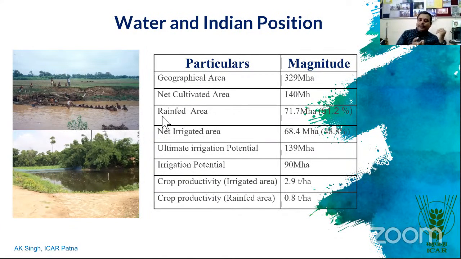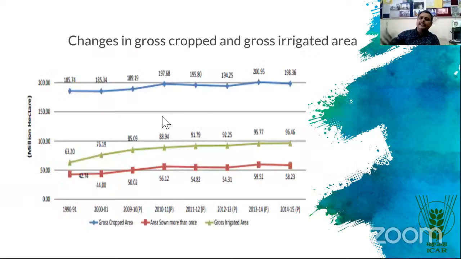Your plant will die due to the less availability of water during the mid cycle. The productivity of irrigated ecosystem is around 3 tons right now. In case of rain-fed, it is around 0.8 ton. You just see, as the irrigation facility increased, the gross cropped area has increased. Area sown more than once has increased. The total gross irrigated area has increased, and this will indirectly influence the total production and productivity of